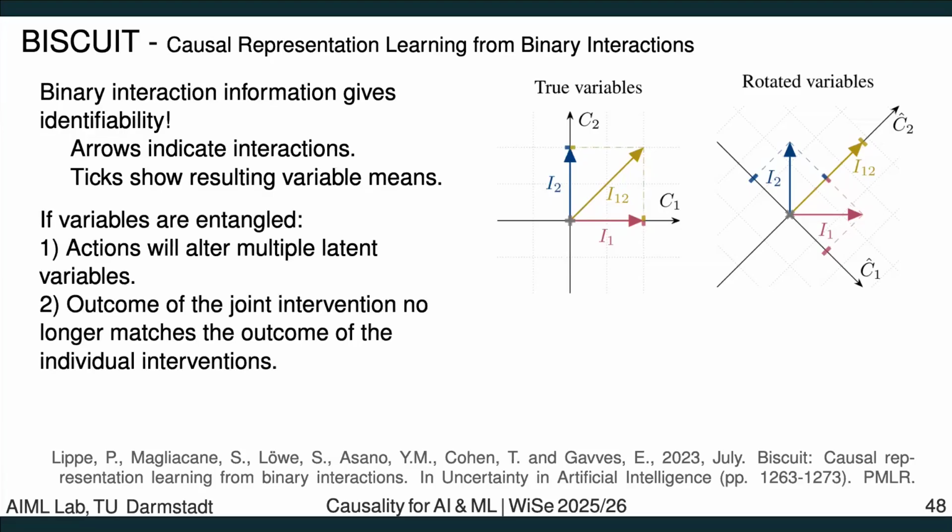If I have a rotated perspective or representation, then I will see multiple variables being affected. Another thing that might be good to check is scenarios where I take two interventions at the same time. They should correspond in my latent vectors